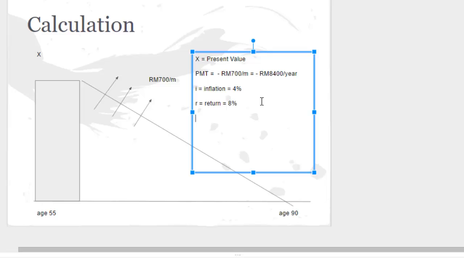Okay. And then we have another thing called the N. The N is the number of periods. That means how many years the payment is going out. So this, just now we calculated, is 35 years. And then the other thing is called the future value. So future value is the money at the end of the time. It's in the future, so the future is 0, right? Just finished. So now we have this information, then we can calculate.